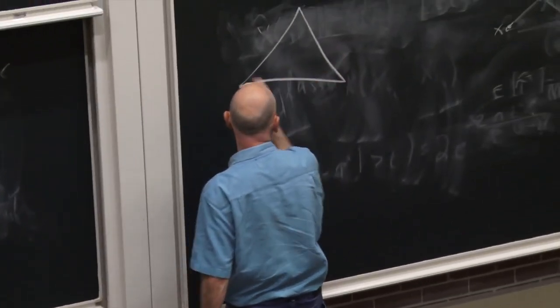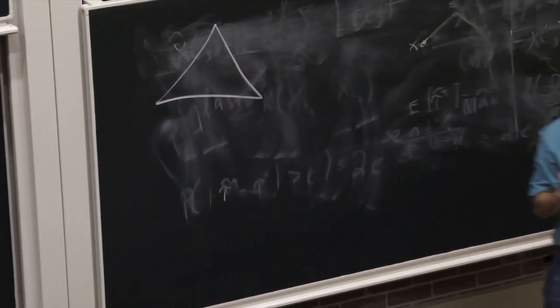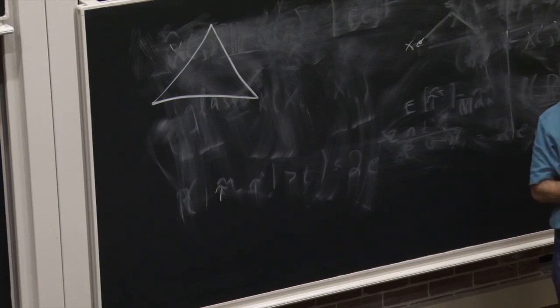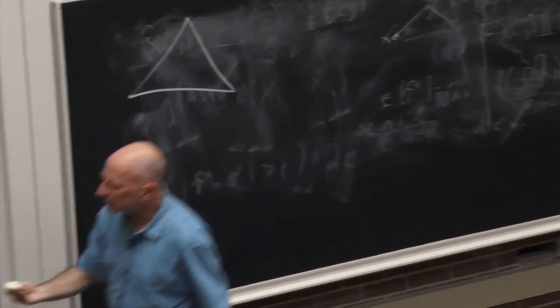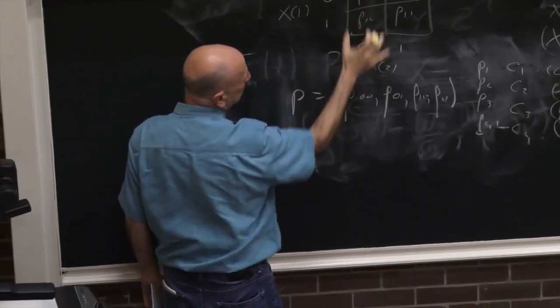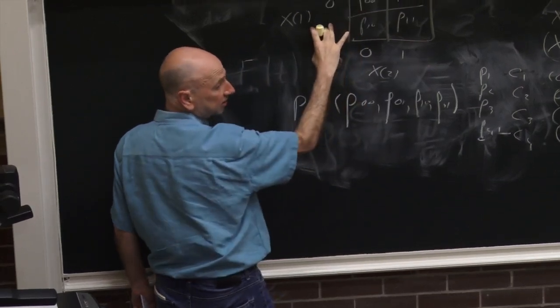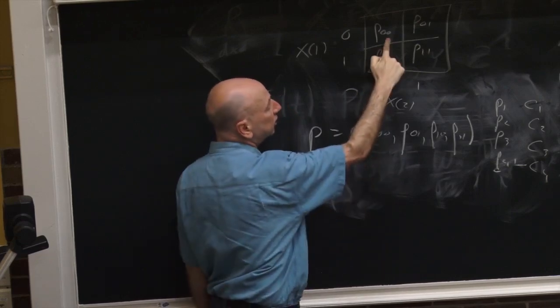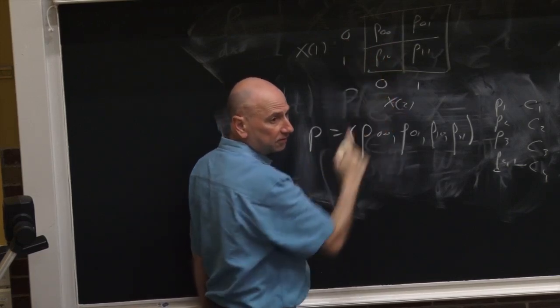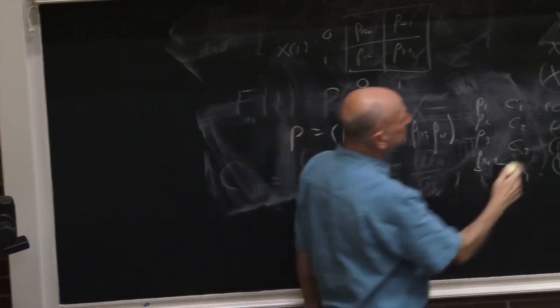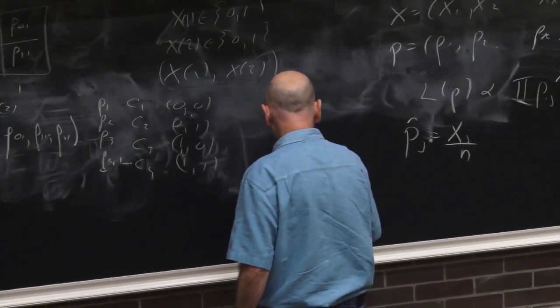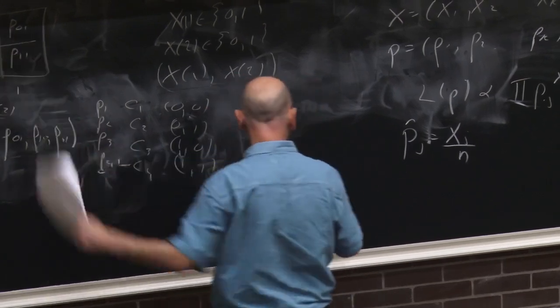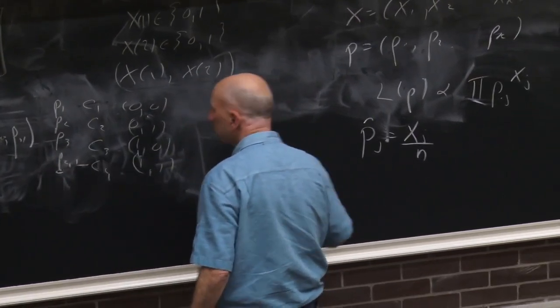Now I can't draw the 3-dimensional simplex, so I'll draw the 2-dimensional simplex. Think of that as the set of all 4 vectors that sum up to 1. What does it mean to say they're independent? Well, independence would be some sort of algebraic restriction, namely that when I sum up the probabilities here and sum up the probabilities here, then if I multiply that by that, I get back that, right? That's what independence is: the joint distribution is the product of the marginals. In other words, it's kind of a complicated thing, because I'm saying that P0,0 plus P1,0, that's this margin,